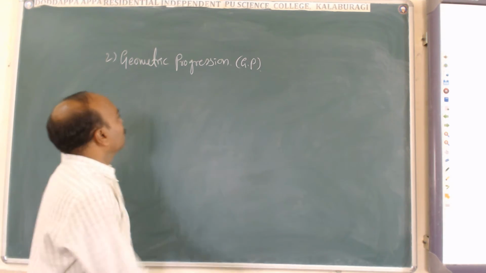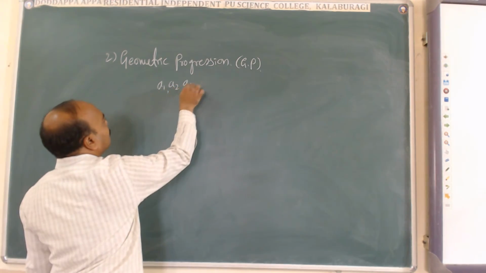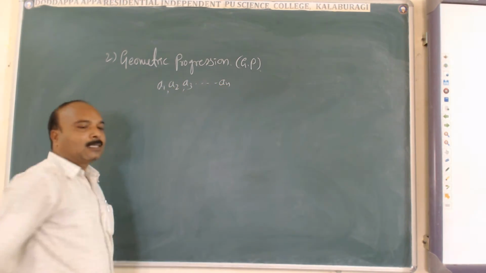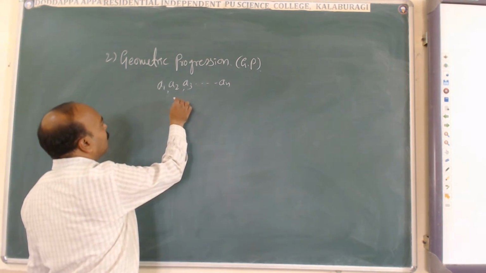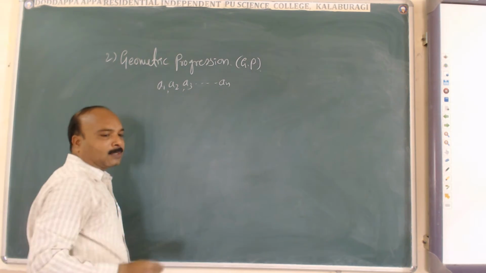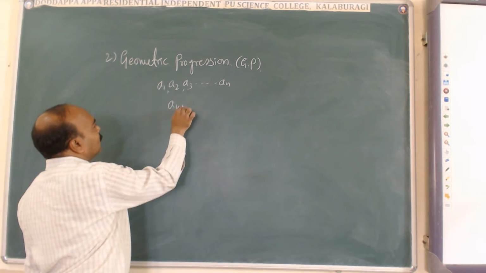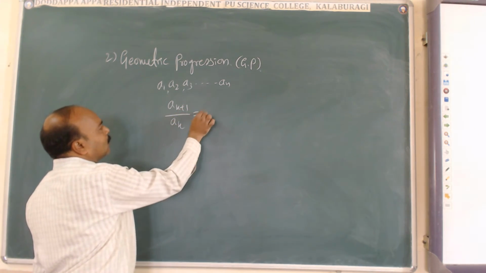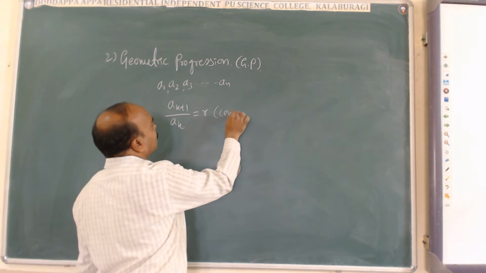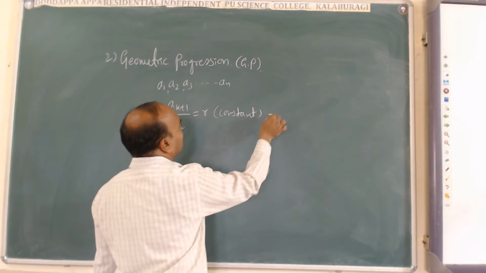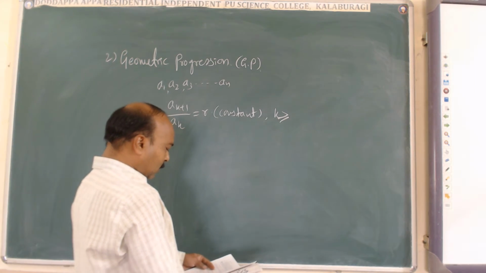Now we consider the sequence of numbers a1, a2, a3, up to an, which are said to be in geometric progression under one condition: for all non-zero values of these terms, means here no term will be equal to 0, at that time we consider a(k+1) by ak equal to r. Here r is nothing but a constant term, and k is greater than or equal to 1. So this is the condition for